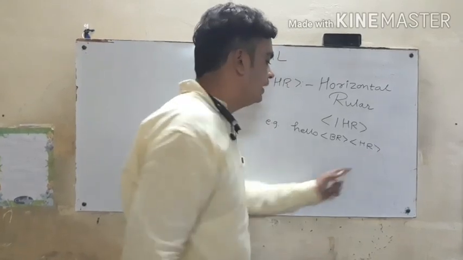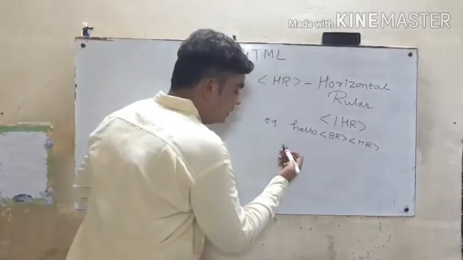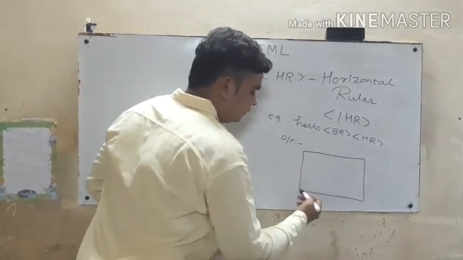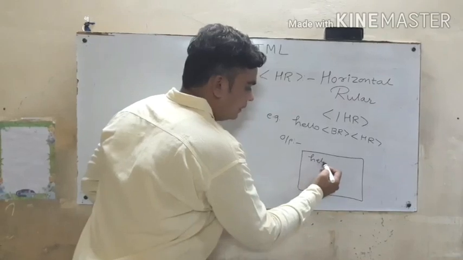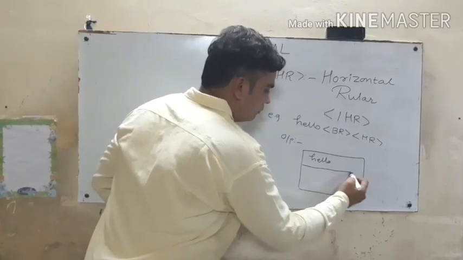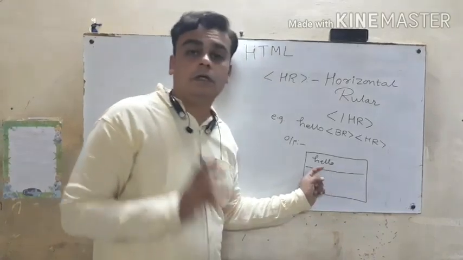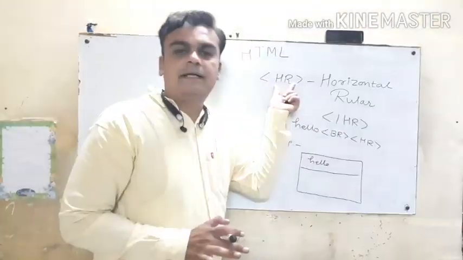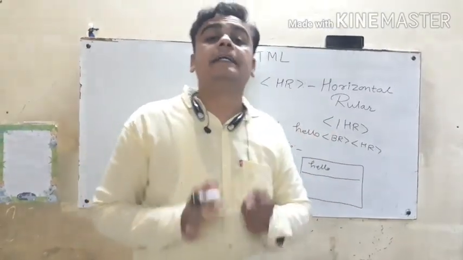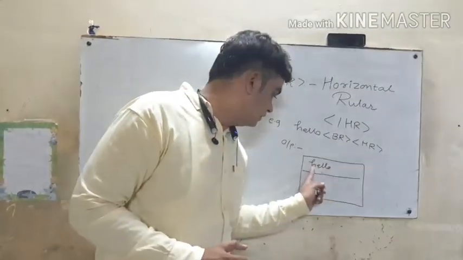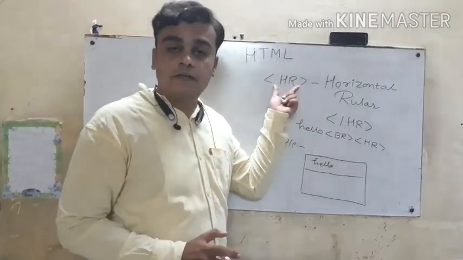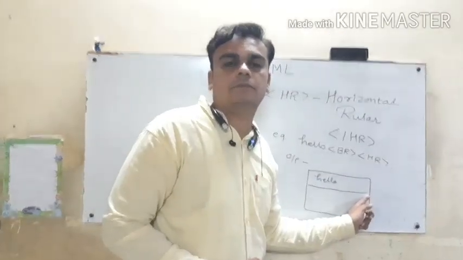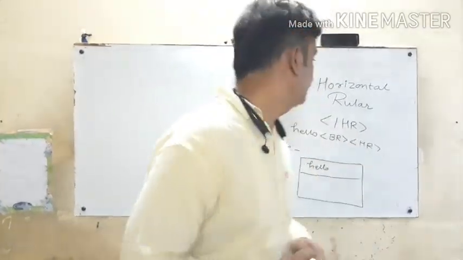And suppose here I am going to write down HR tag. Then what happens? What is my output? So suppose this is my window. It will display hello here, and it will draw one horizontal line. Keep one thing in your mind: there is a difference between HR tag and U tag. U tag represents underline, which is given to the text only. And what is the role of HR tag? It will draw a horizontal line in the window section. Okay, move to our next tag.